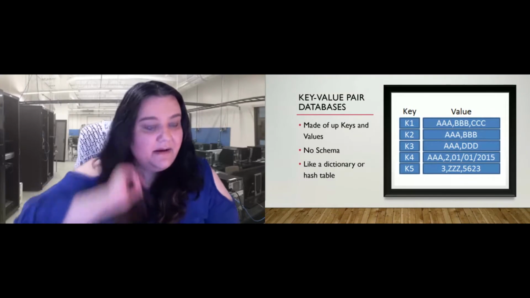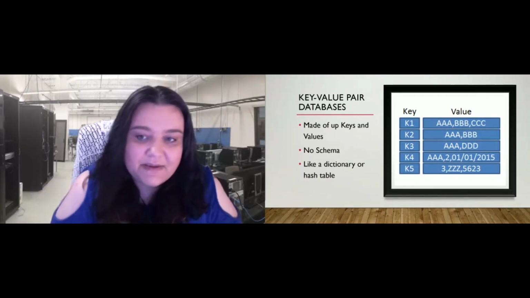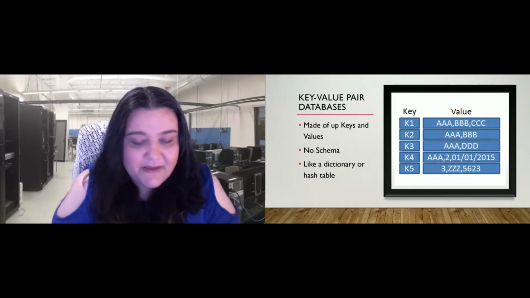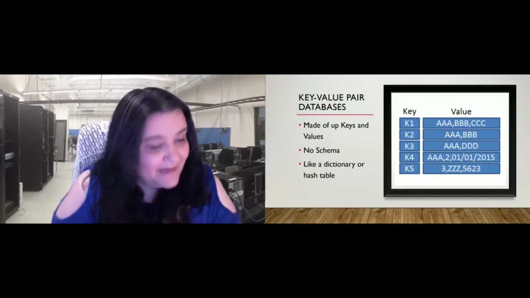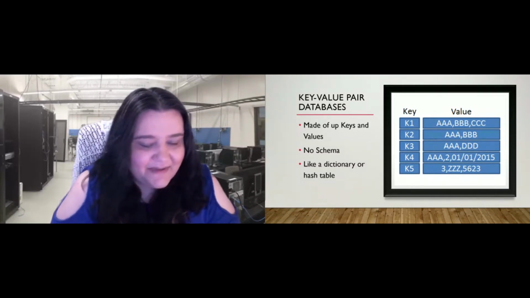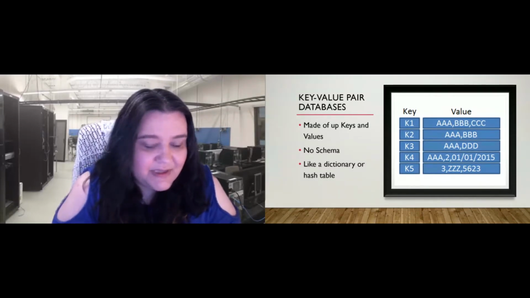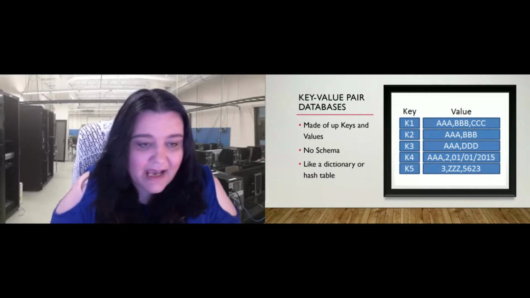Key value pair is exactly what it sounds like. So if you have knowledge of databases or programming, you know what key value pairs are. They're made up of keys and values. They don't have a schema, and they're very similar to a dictionary or a hash table.